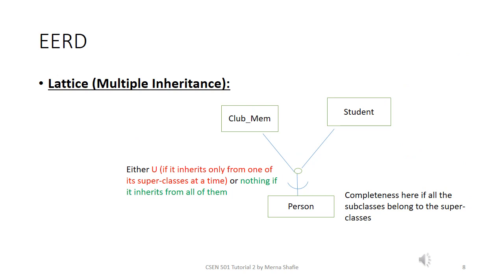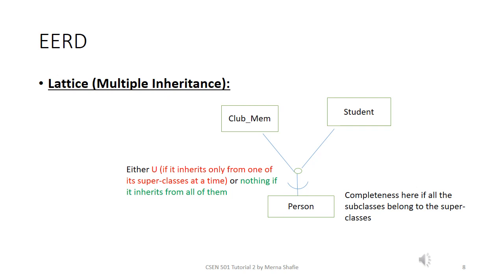We also have another type of inheritance, which is multiple inheritance. Multiple inheritance is having one subclass that inherits from more than one superclass. This is unlike Java. In Java, multiple inheritance is not allowed. We only have single inheritance in Java. So here we allow a single subclass, like for example a person, to inherit from more than one superclass. How did I know that this is the subclass and the club member along with the student